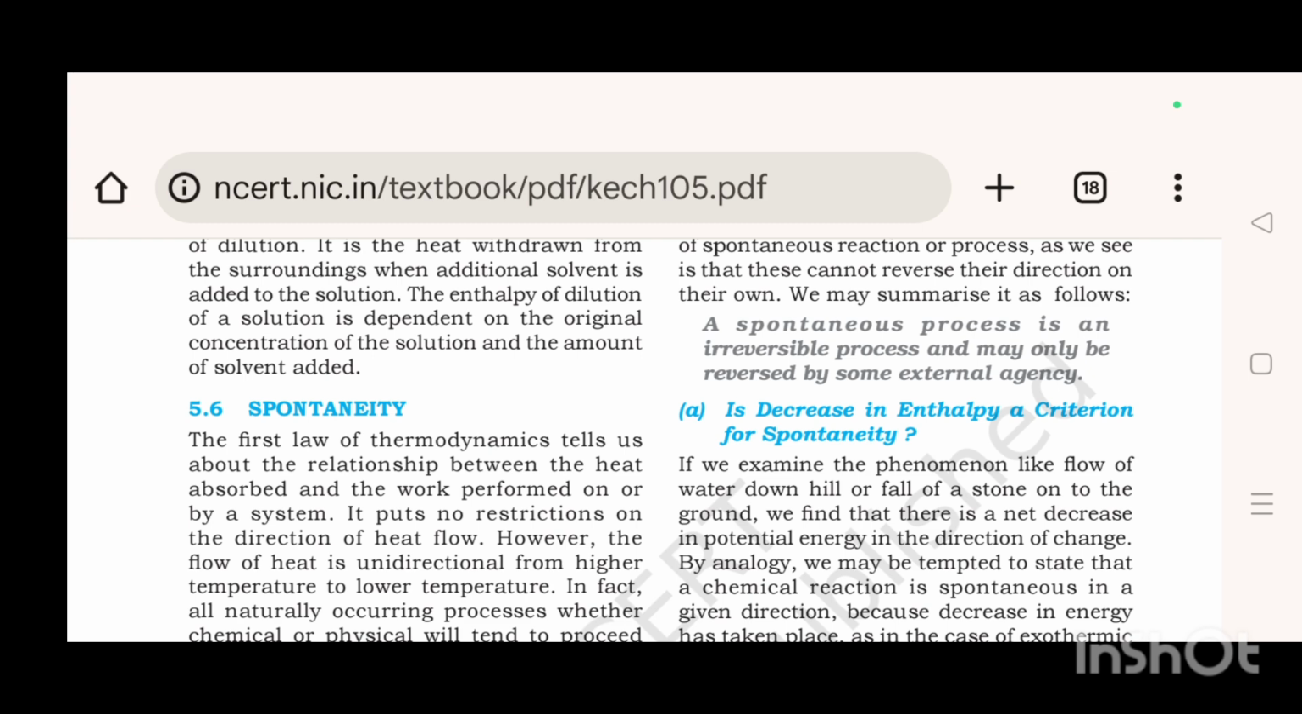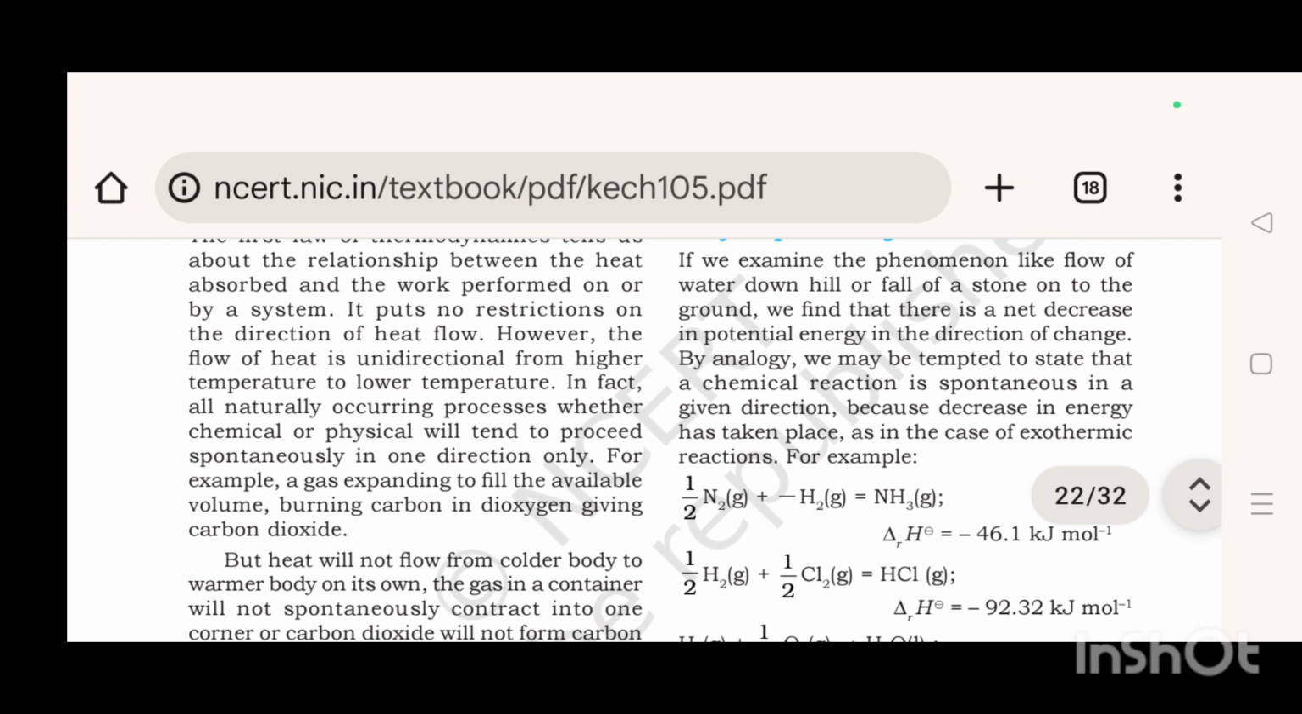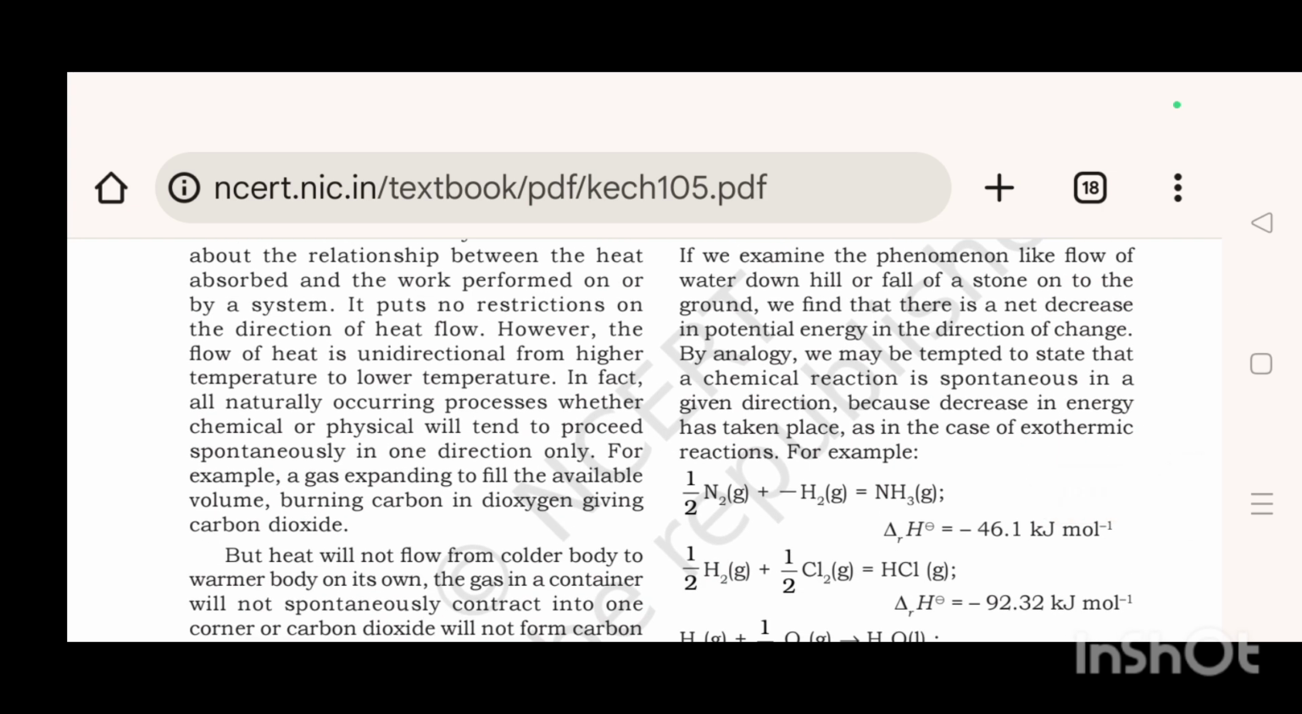If, for example, we take phenomena like the flow of water downhill or the fall of a stone on the ground, we find that there is a decrease in potential energy in the direction of change. By analogy, we may be tempted to state that a chemical reaction is spontaneous in a given direction because a decrease in energy takes place, and in the case of an exothermic reaction, for example, half N2 plus 3/2 H2 gives us NH3,